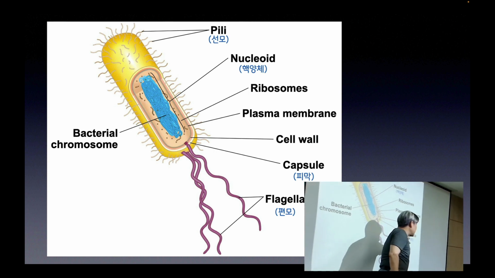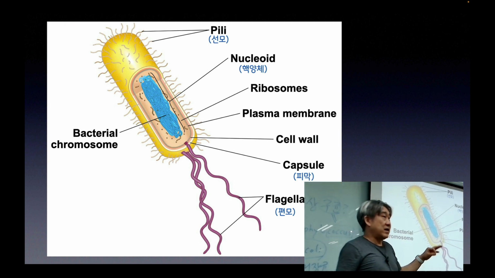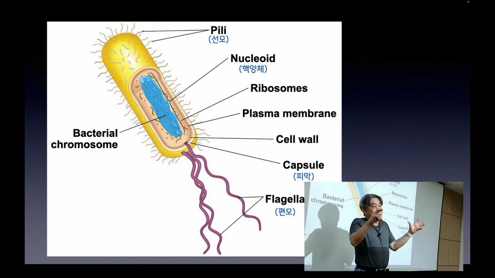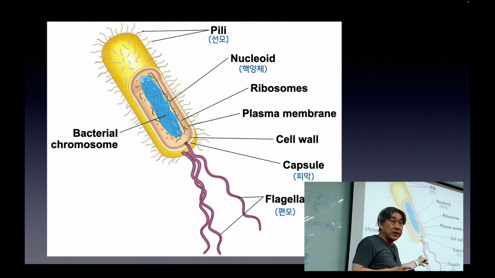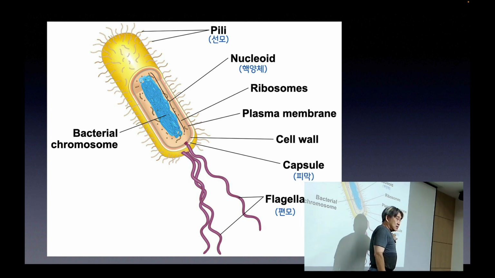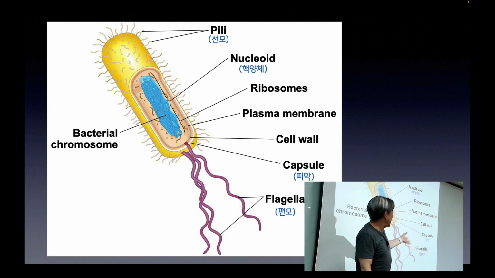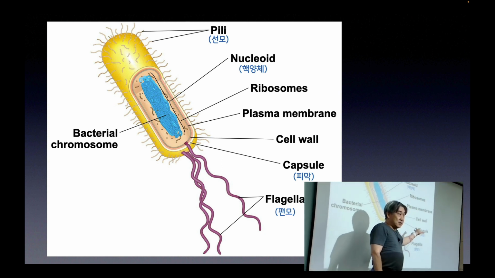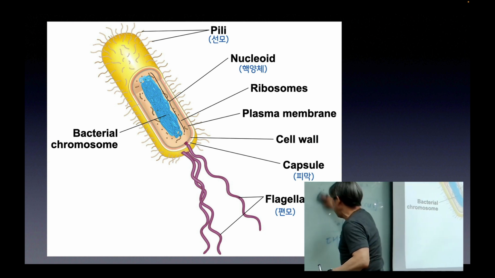So this capsule is actually an optional thing. Not every bacteria has this capsule. A capsule is something like a sugar coating. It's made of carbohydrate, and this is a kind of optional thing. So not every bacteria can have a capsule. Only some bacteria can have a capsule. But if you, as a bacteria, have a capsule,